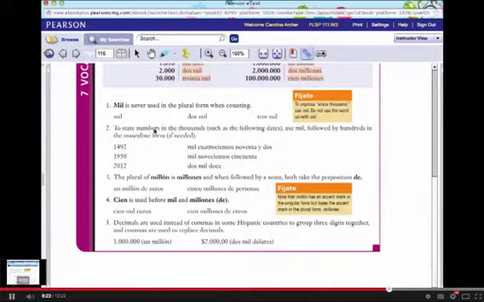So, to state numbers in the thousands, such as these dates, we use mil, and then followed by the hundreds in the masculine form if needed, and the tens and so on, like 1492, 1950, 2012. Okay? Muy bien. If we are counting and the numbers are an adjective, you say, I have